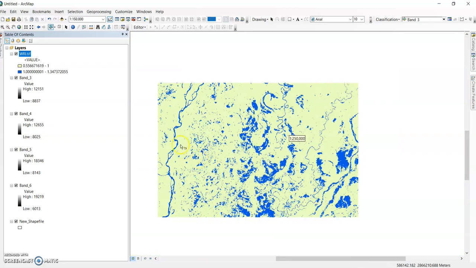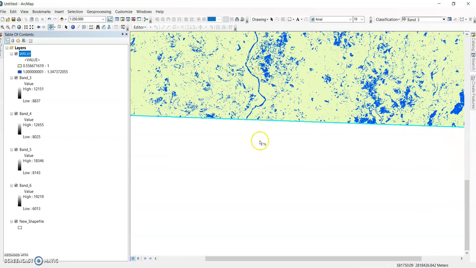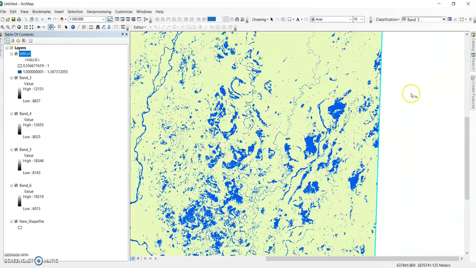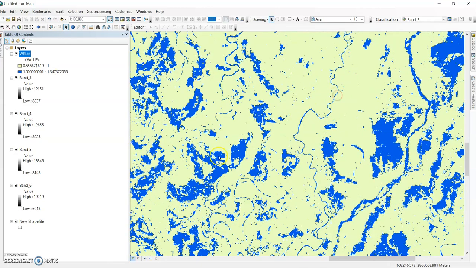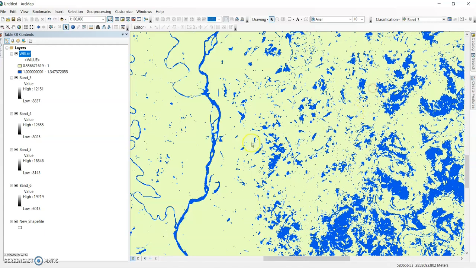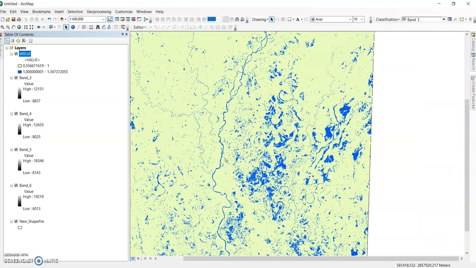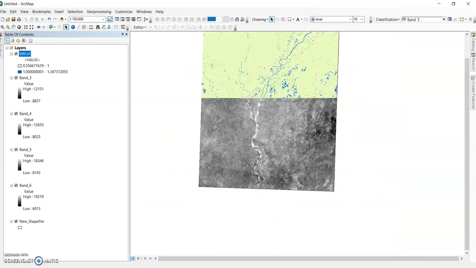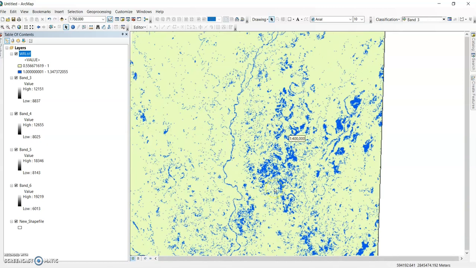This is river, and these all are wetland. You can check it in Google Earth. This is river. So using this method, you can use it not only for change detection of water body, you can also use this methodology for your other purposes like multi-criteria decision making modeling. Okay, surface water detection.